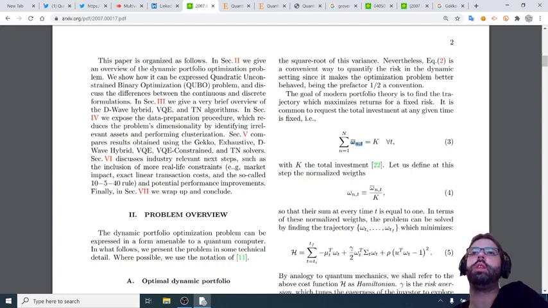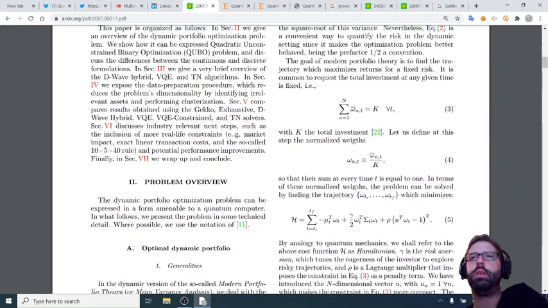So then you define that without the hat, and that's normalized. Okay, makes sense, so that the sum at every time is equal to 1. In terms of these normalized weights, the problem can be solved by finding the trajectory which minimizes